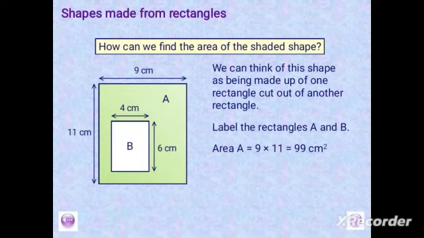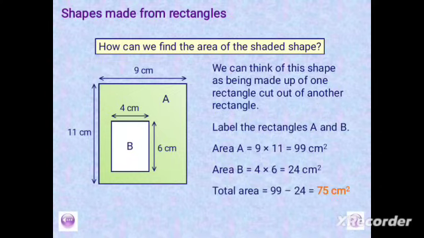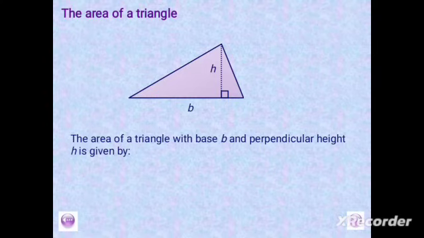Now, area of rectangle A is 9 times 11 because it is length times width, that is 99 square centimeters. Then area of rectangle B is 4 times 6, that is 24 square centimeters. And now the area of the shaded part we are going to subtract, and that is 99 minus 24, giving us 75 square centimeters. Now let's move to the area of a triangle, and we have a diagram here showing